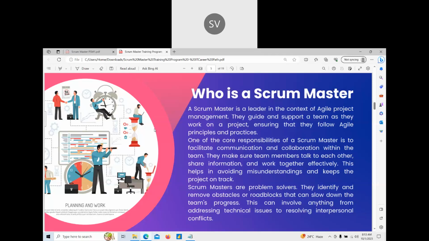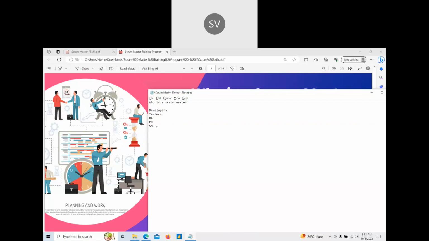The project manager comes in the waterfall methodology; in Scrum or Agile methodology, we see the Scrum Master. The Scrum Master is basically a problem solver of the team. He will also track the project and present the reports to the client.